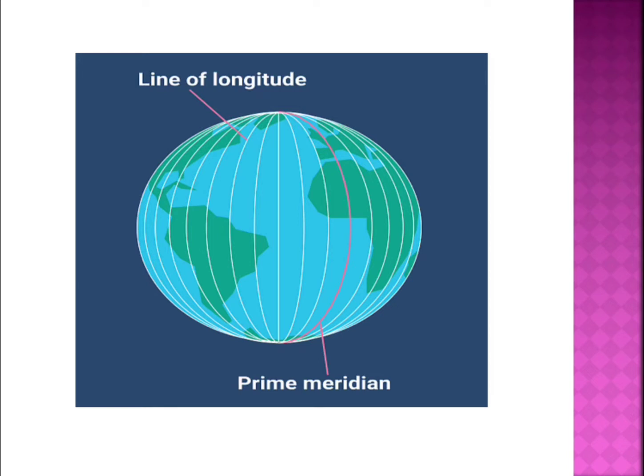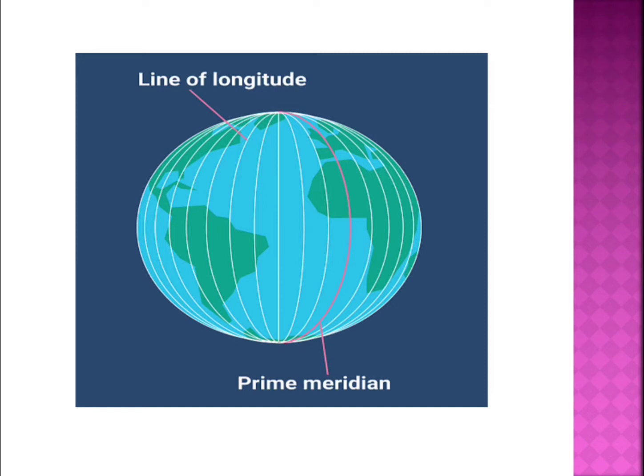These longitudes are called meridians, which is our block name, isn't it, children? Parallels and meridians. This word meridian is from the Latin language, from a word called meridies, which means midday. Why have we used it? Because these imaginary lines meet at midday, in the middle of the day. In the midday, they meet each other. That's why they are called meridians.